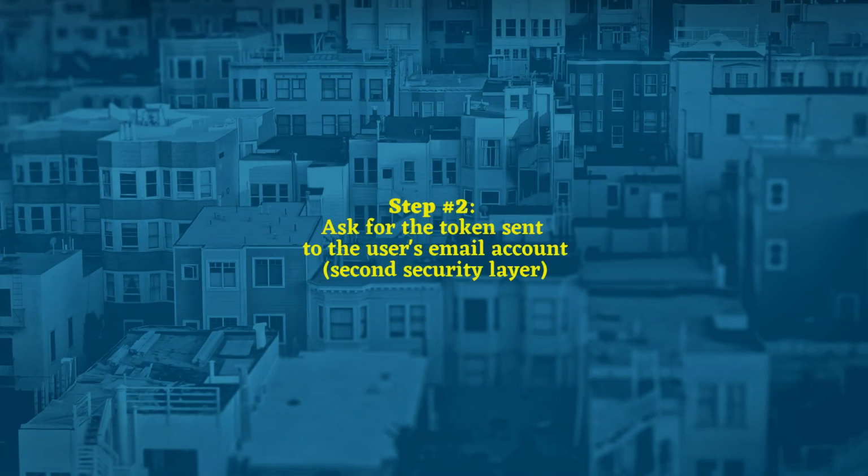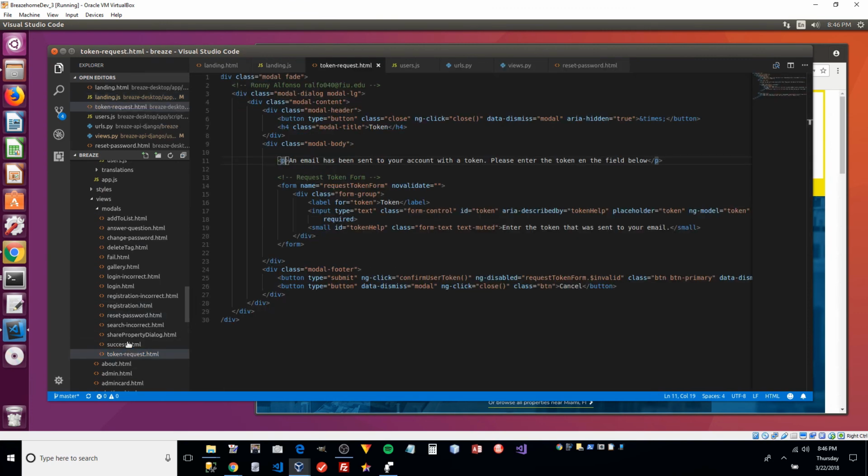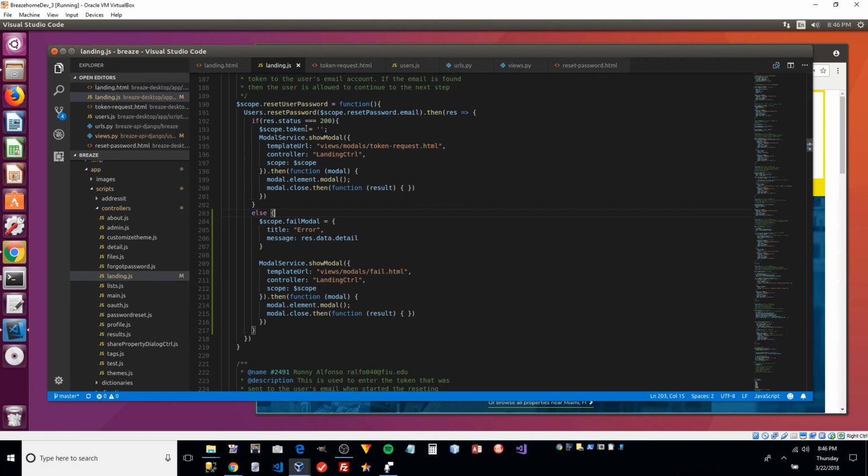So let's go to show the token request modal, which is inside the same folder where we find the reset password. It's here, and basically we're gonna show a modal with one input field, and then we're gonna call the confirm user token method inside the landing.js. So let's go back to landing.js again,